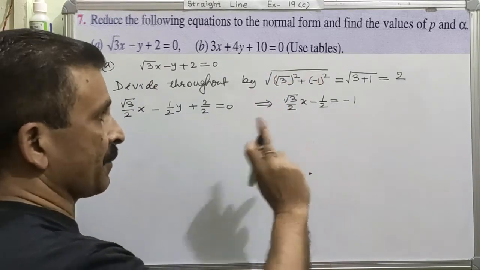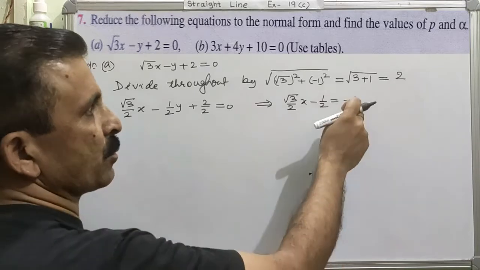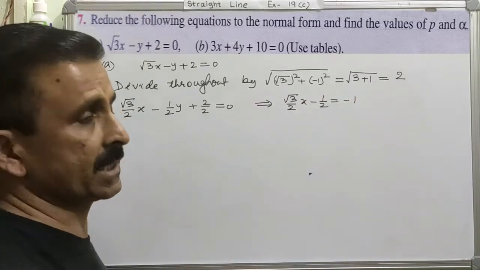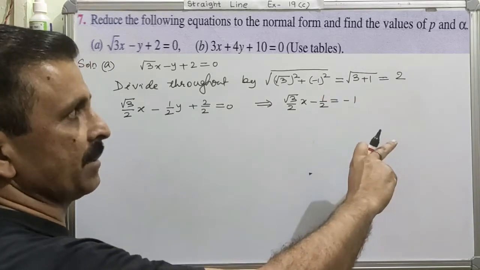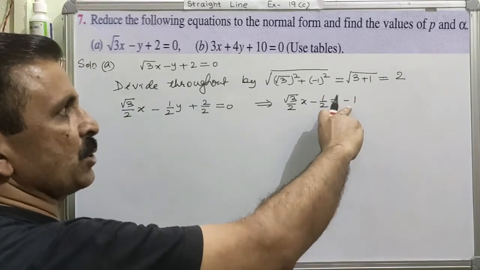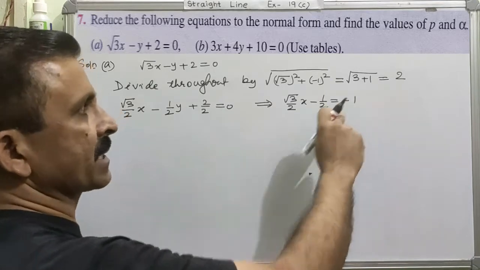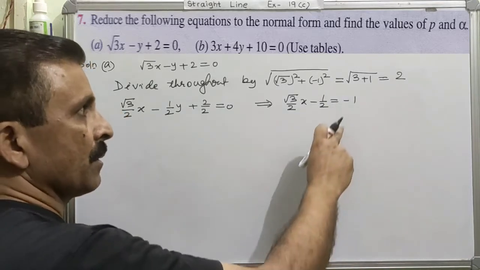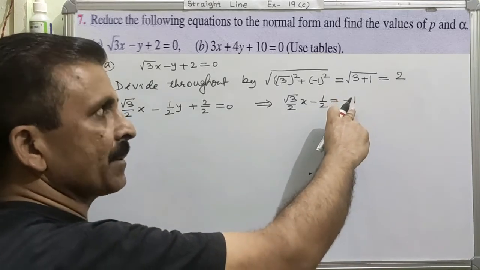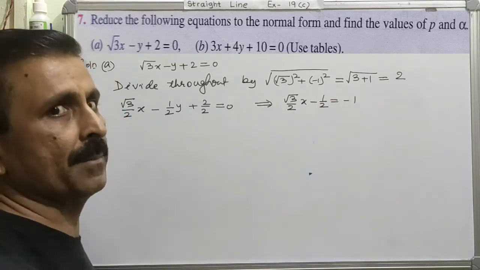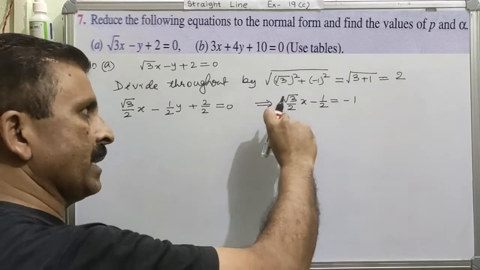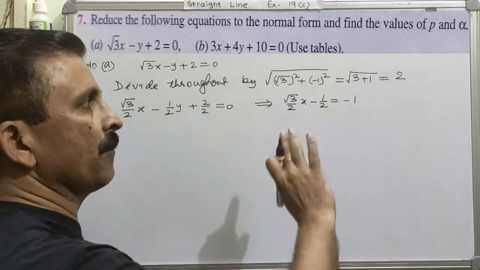And after shifting the constant to the right hand side, you have to make the constant positive if necessary. And here it has come negative. That means here it needs to be made positive. So when you make it positive, you have to multiply each and every term by a minus sign. Right? For making this negative one positive, you have to multiply it by minus sign, so every term has to be multiplied by minus sign. And therefore, in this equation, the sign of each and every term will change.